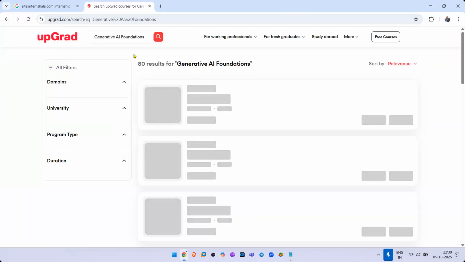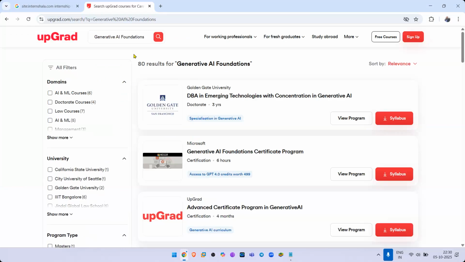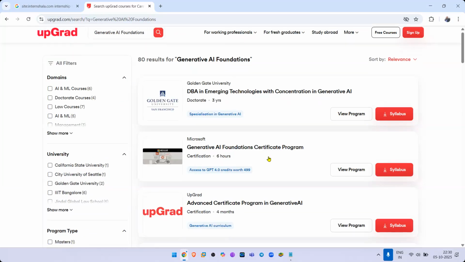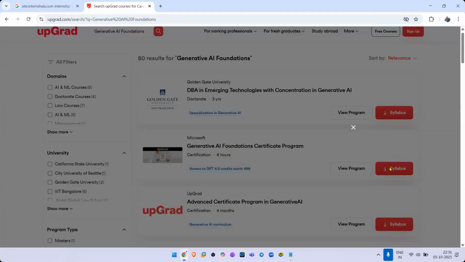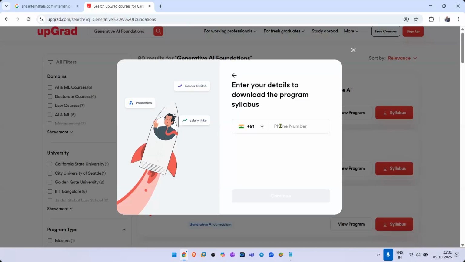So this is the course that I really wanted to do. That's a 6-hour generative AI foundation certificate program. You click on download syllabus, and you know what? It's asking you for the phone number and email address. I don't want to give them my phone number and email address, but I want to download this. How can I do that?